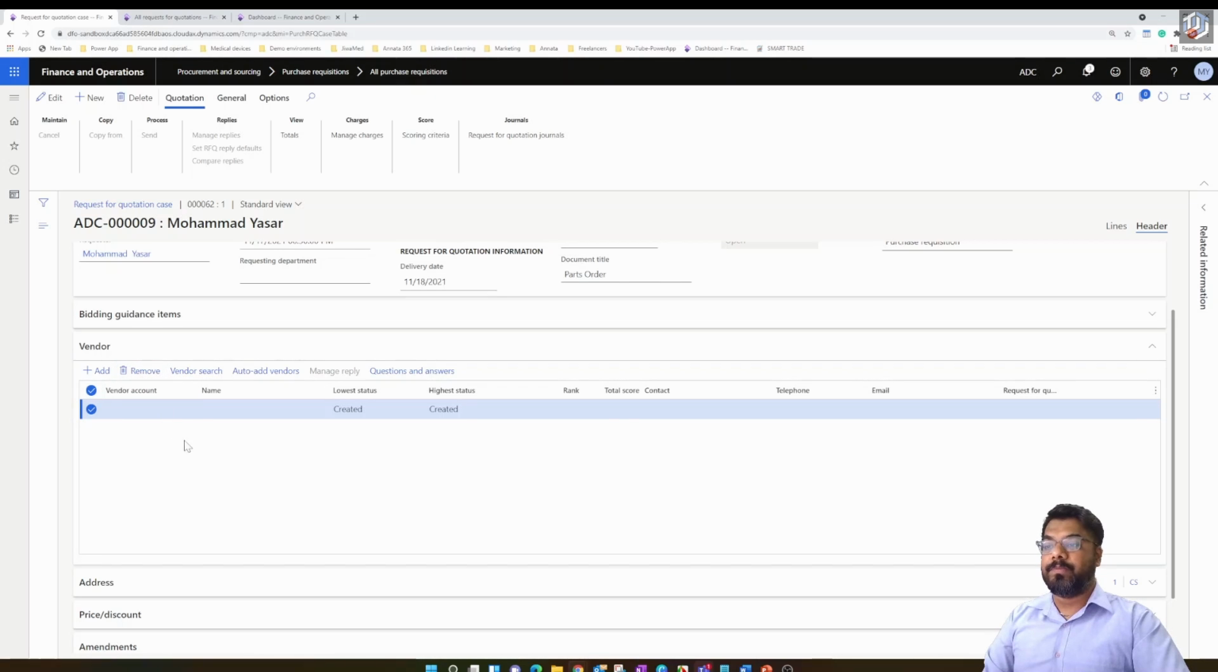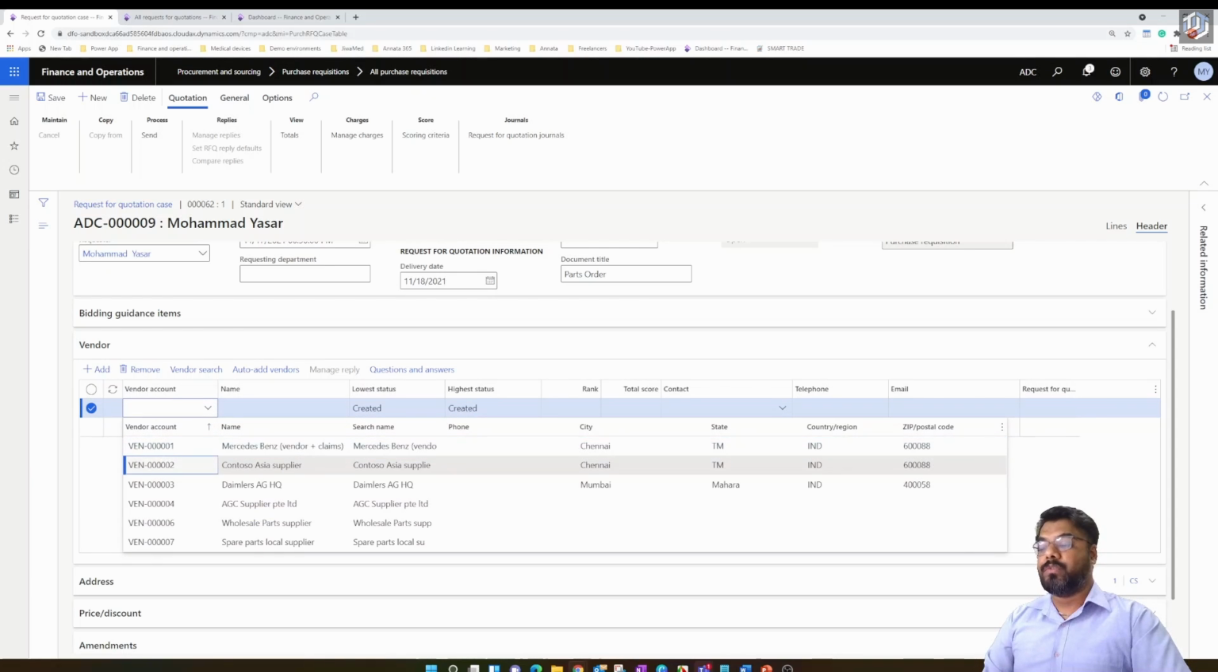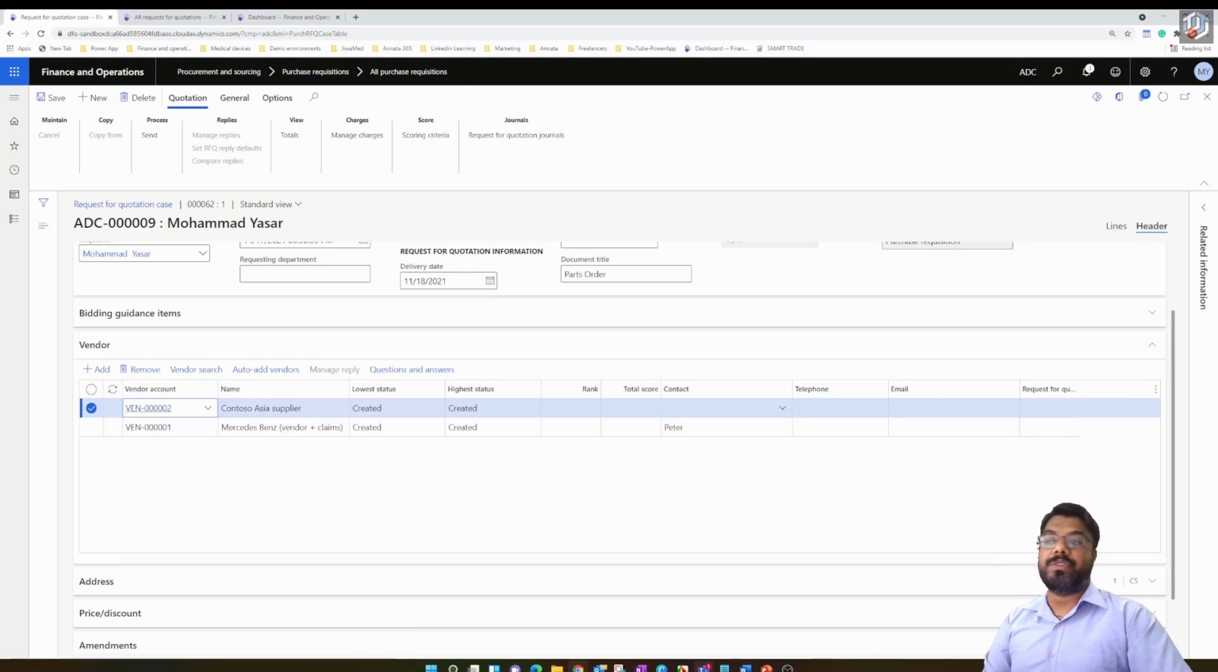So I'm going to directly add the vendor using the add button over here. So let's choose vendor number 1, and let's add one more vendor. Let's choose vendor number 2. So which means these 2 vendors are going to receive the RFQ from me. That is, we are going to request for quote from these 2 vendors, and we are going to choose one of them who is offering us the best price for the gearbox and the roof rack. Okay, so now we have already included these 2 vendors into the